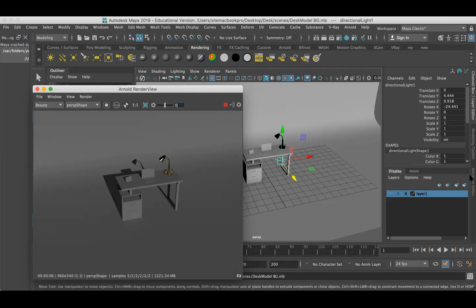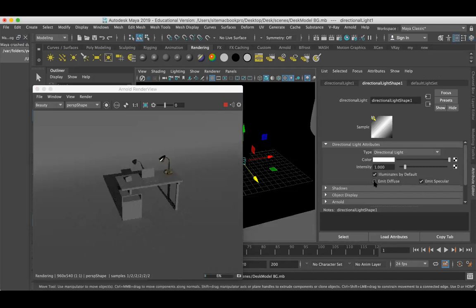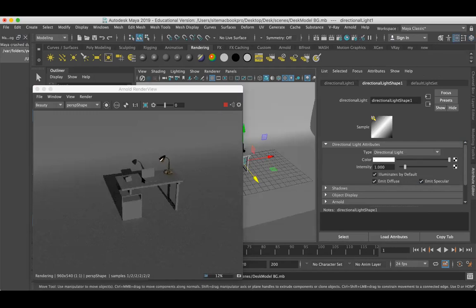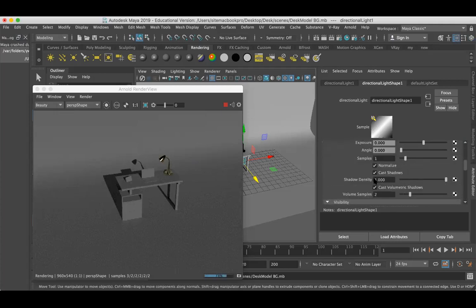So now I'm going to move to attribute editor. Now I told you guys, if I just click on emit diffuse, that means all the colors should be removed from the scene or render, right? But it doesn't happen here. You can see here the specularity is off, but still I can see it in my render. So to access these two values, you have to go to null, inside the null.